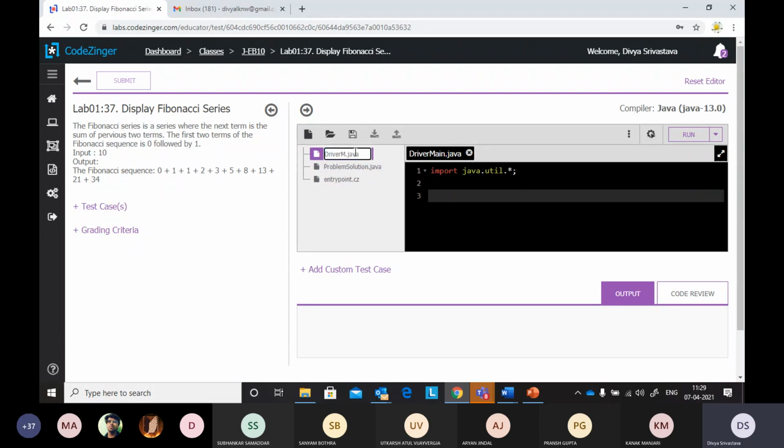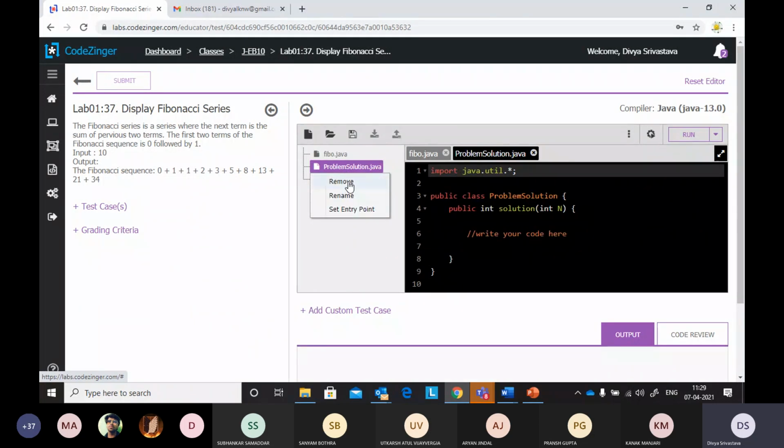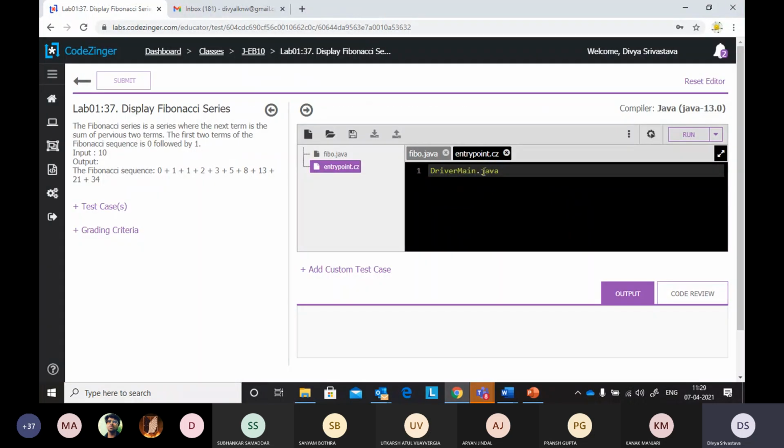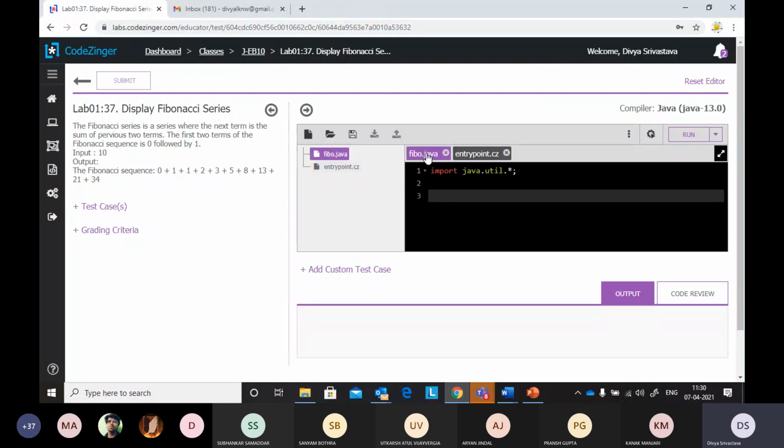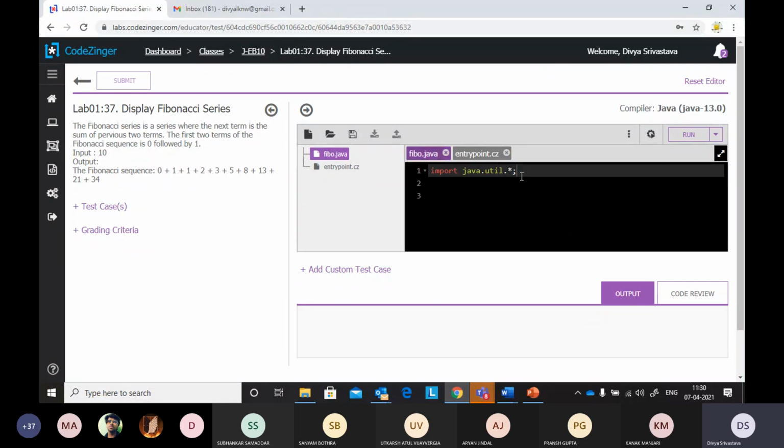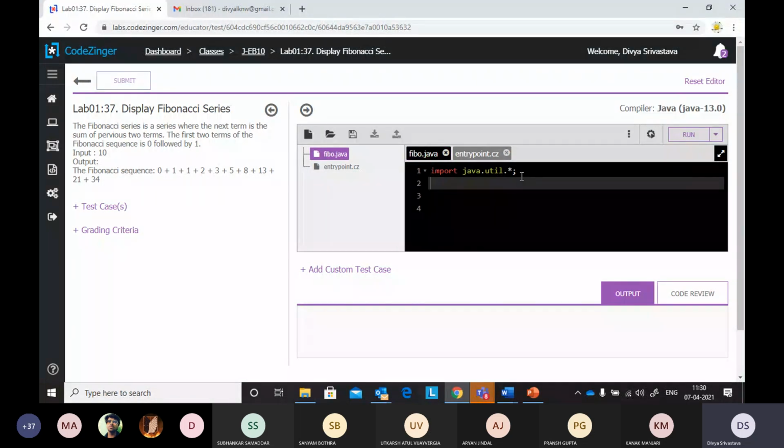Every time you start doing your program, you should rename your file to whatever class name you are going to give. Say if I am going to name it Fibo, I have renamed it here as Fibonacci. Import java.util.Scanner is my package. Public class Fibo.